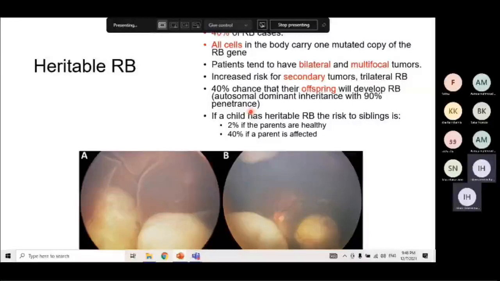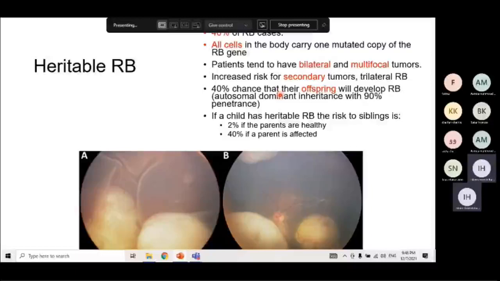So the inheritance of this abnormal gene may be transmitted genetically, but it has an incomplete penetrance. Incomplete penetrance, or 90% penetrance, means that it will not express the phenotype in all the individuals who have the inheritance of that gene, but only in 90% of the people who will have the gene from their fathers and mothers, from the parents.